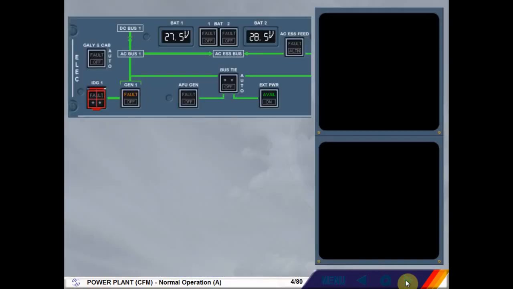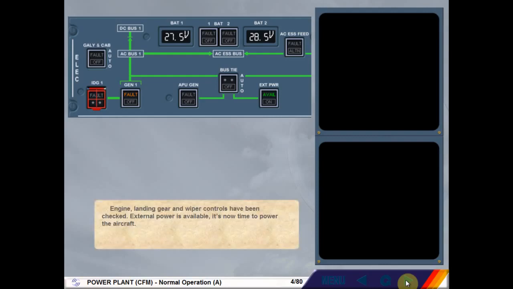Engine, landing gear and wiper controls have been checked. External power is available. It's now time to power the aircraft. Power the aircraft. No. To power the aircraft, click on